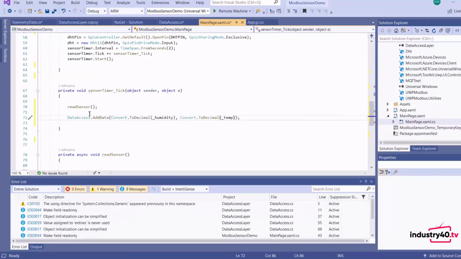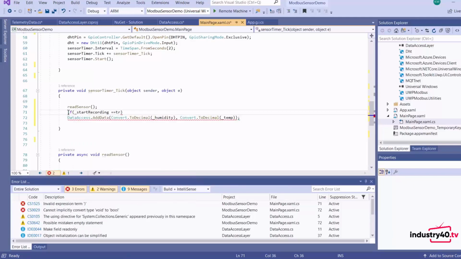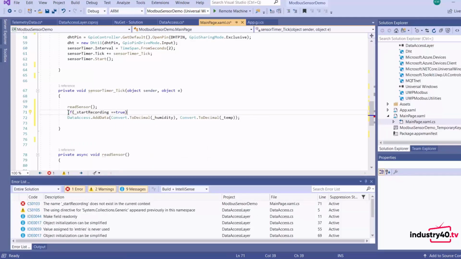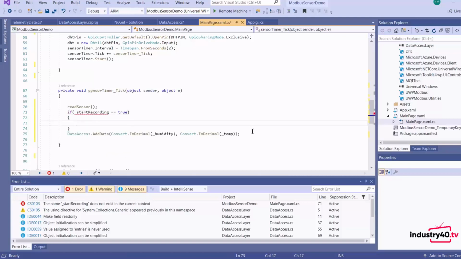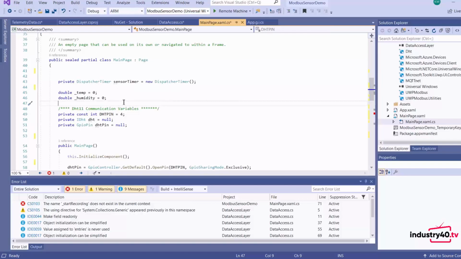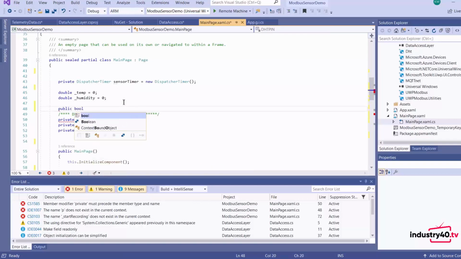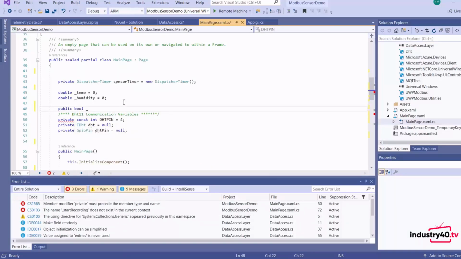But now we don't want to start recording right away. We want to have a button that we can click to start recording. So we put this under our if statement, and then we declare our flag for starting to record, and initialize it to false.